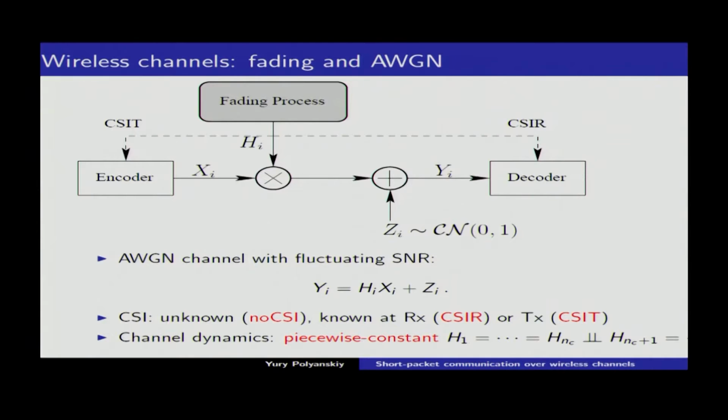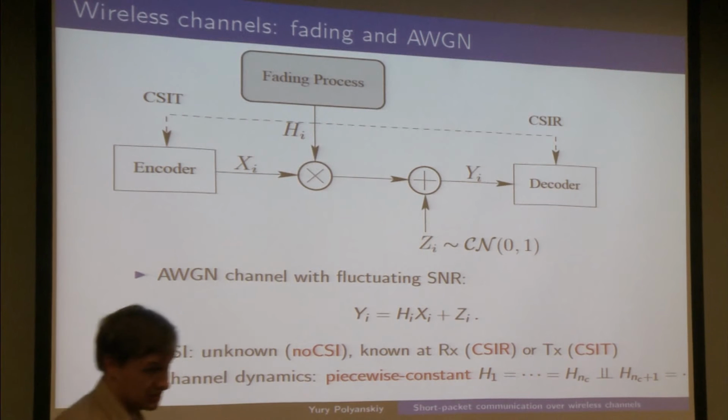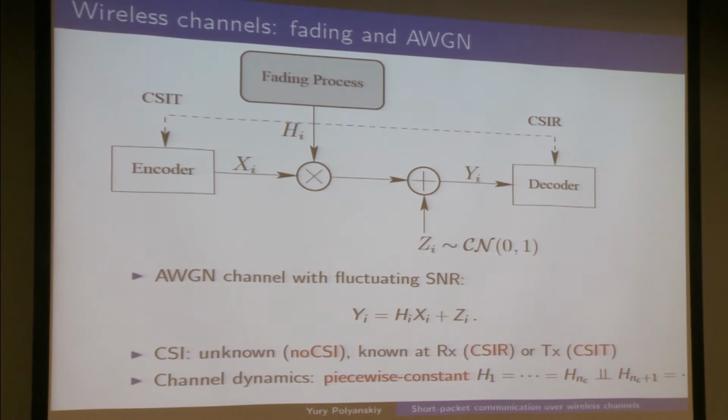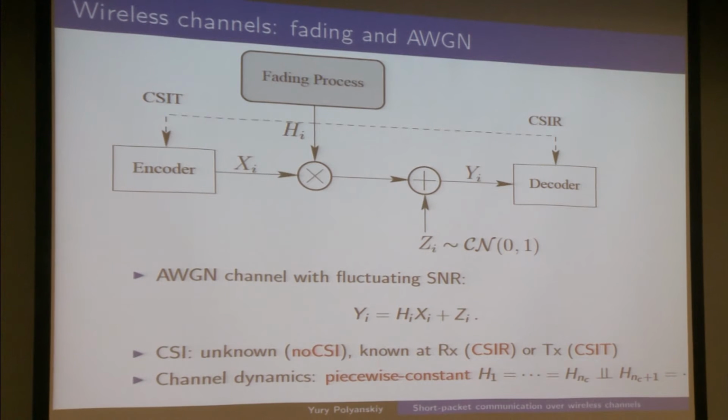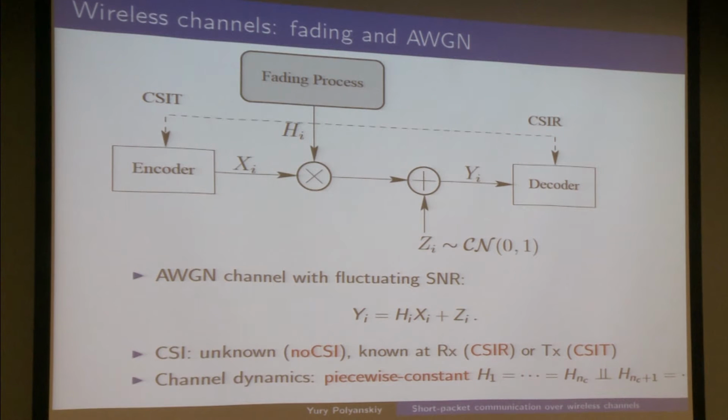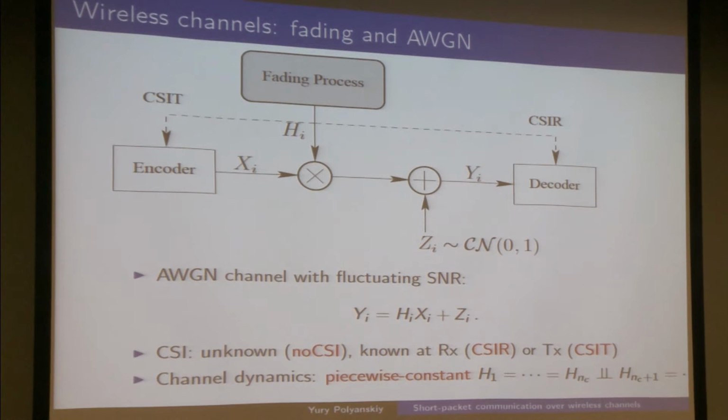So what is the fading channel? The fading channel is the Gaussian channel with a fluctuating SNR, right? Maybe due to mobility or some other random artifacts, now instead of getting y equals x plus z, you get some random multiplier, and this multiplier changes. If you never heard about any channel models before, you can ask how different this is. You had additive noise, now you have additive and multiplicative. It turns out that this changes everything quite significantly.